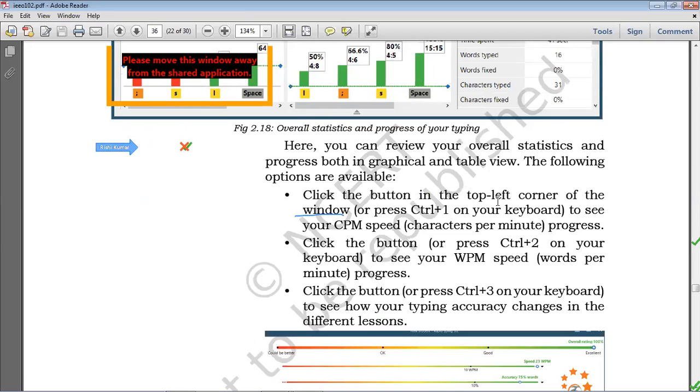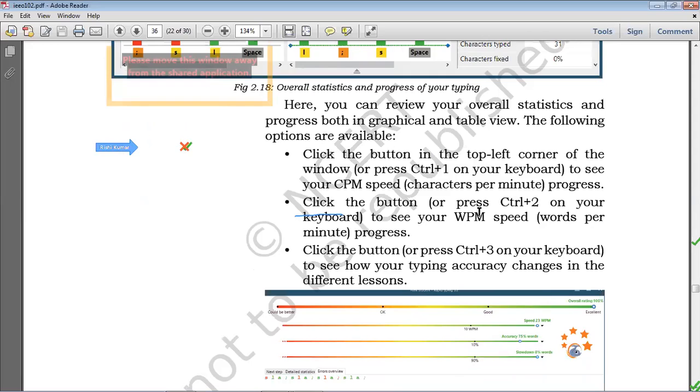Click the button in the top left corner of the window or press Ctrl plus 1 on your keyboard to see your CPM, meaning characters per minute. This is the speed of typing. Click the button or press Ctrl plus 2 on your keyboard to see your WPM, words per minute.